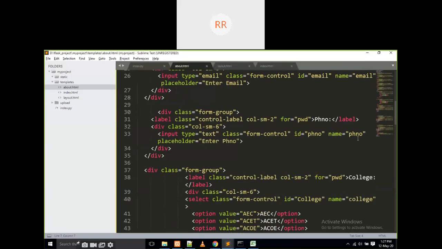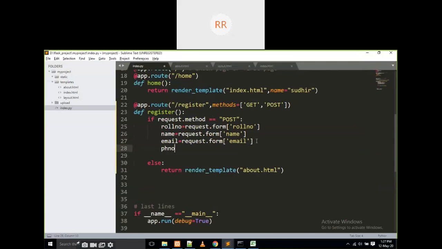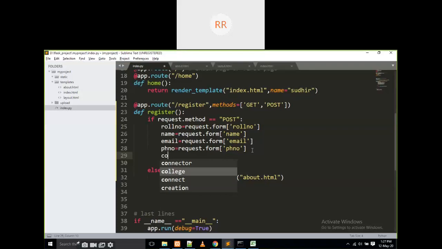The phone number is phno. Now phno is equal to, copy it and paste it. This is phno. After phone number, college is equal to, what is the name of the field? That is college.